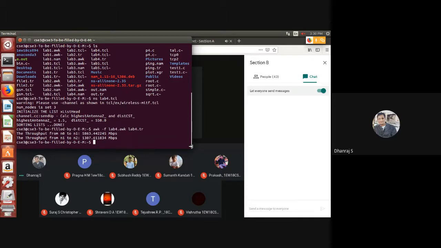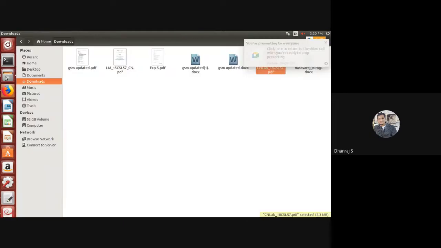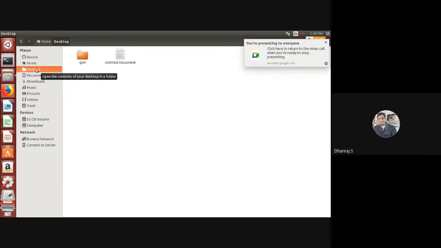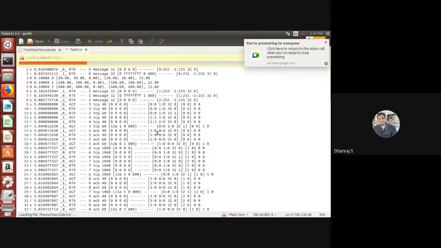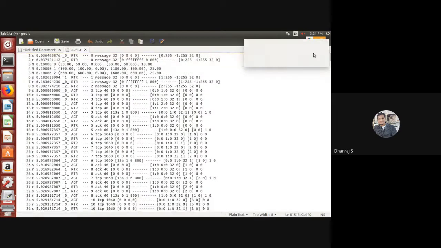If you want, you can see the trace file. Go to the trace file, lab4.tr. You can see here the trace file which we obtain after performing the simulation of your ESS.